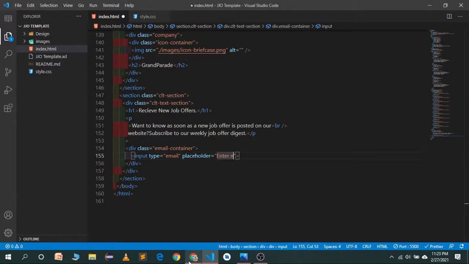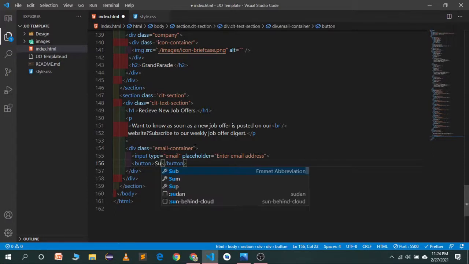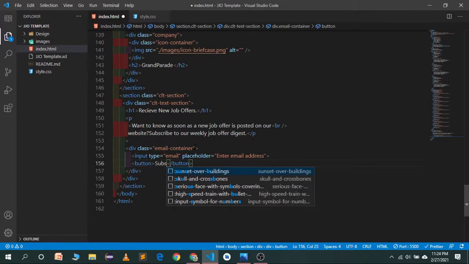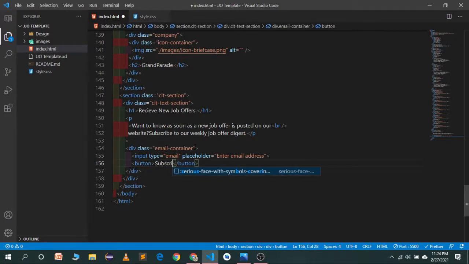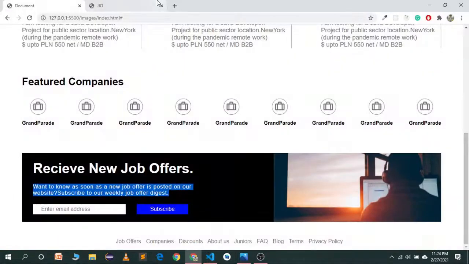Under the input we have a button. This button is going to be subscribe, because we want our users to subscribe to our newsletter. Let's save it, and let's see how it's looking.